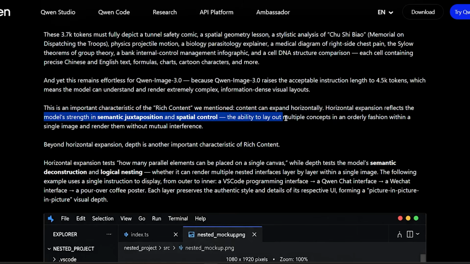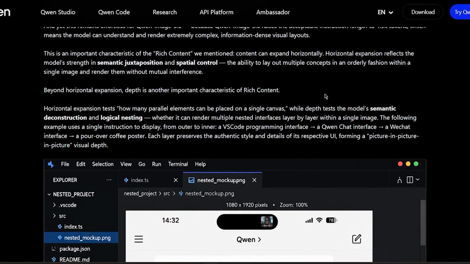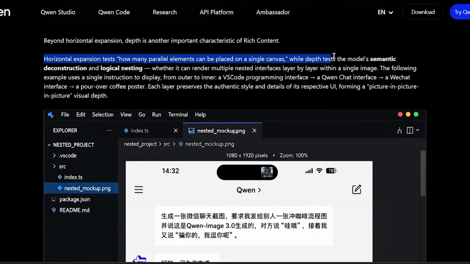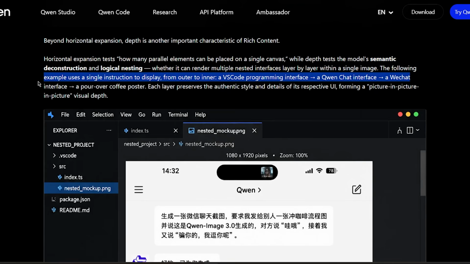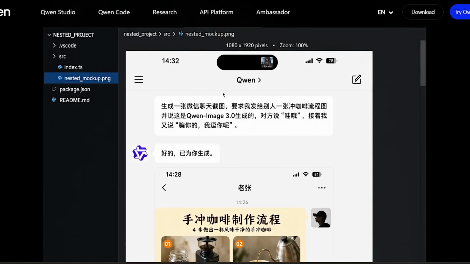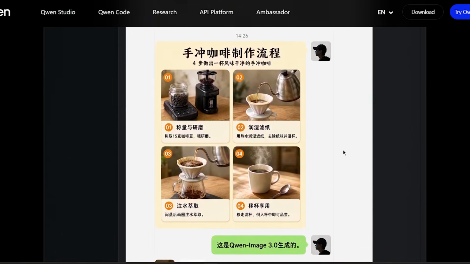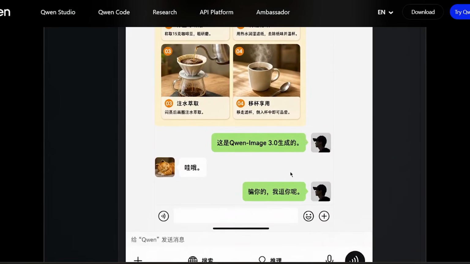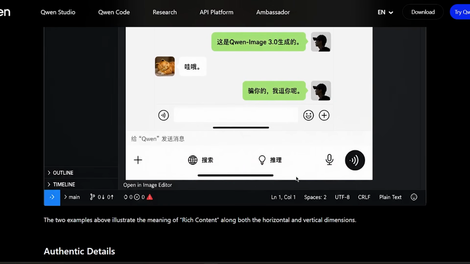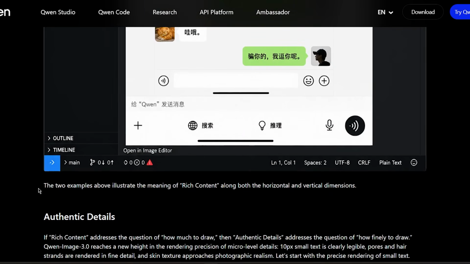Now here's the part that I think is actually the most important thing in this entire story, and it's the part almost nobody is bringing up. This release came with no benchmark scores, no model card, no technical report, no parameter count, and no downloadable weights. Every single claim about the 10 pixel text, the 9-panel grid, the pore level skin detail, all of it comes from images that Alibaba themselves picked out and published. There's no independent testing behind any of it yet,